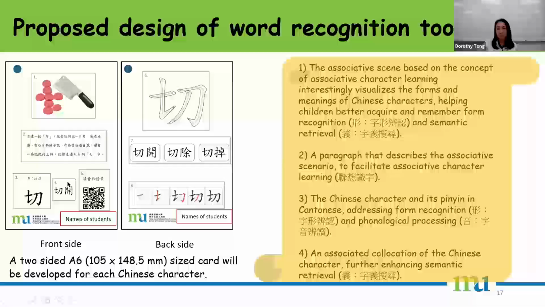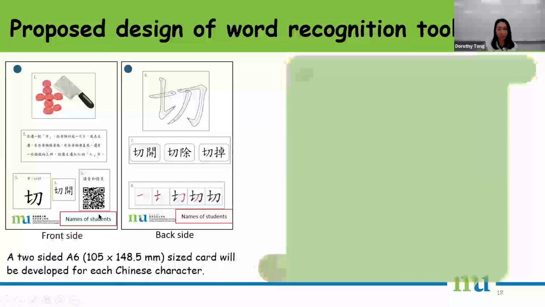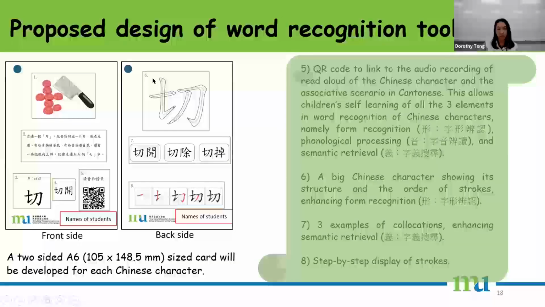And then element 4 is the one associated collocation. There is a QR code in which my students will record the pronunciation and also read out this paragraph, actually, the associative scene. And then at the back, there should be the big Chinese character because the teachers reflected that